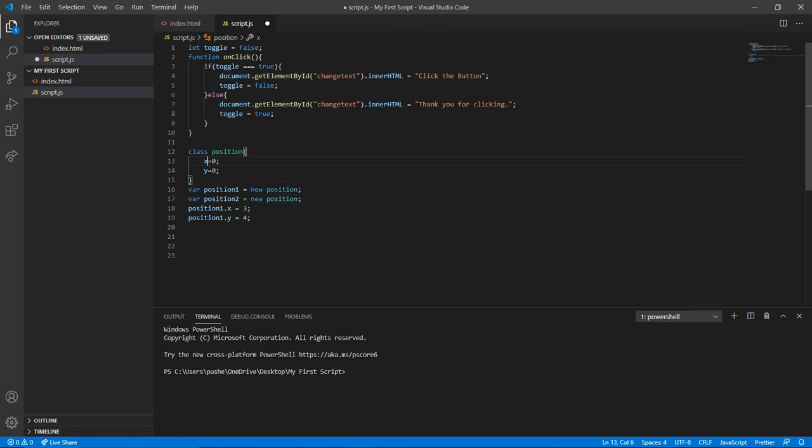So this new variable that we created has two integers in it, and we can modify these by saying position1.x, and dot means accessing inside. So inside of this variable we have an x and a y integer. We can just modify these, and you can create big classes. You can even create classes with functions inside them, which are called methods. That's pretty advanced, and it is good for if you want to, like,